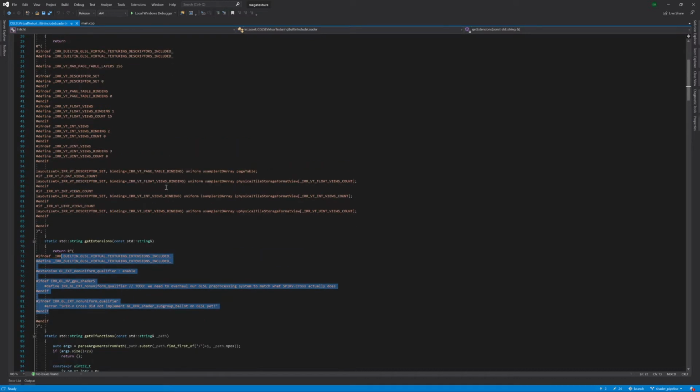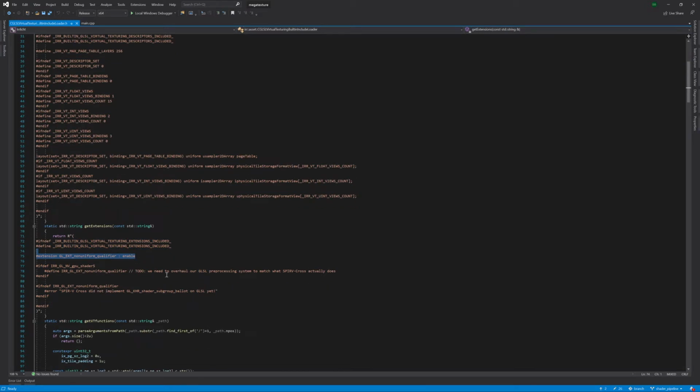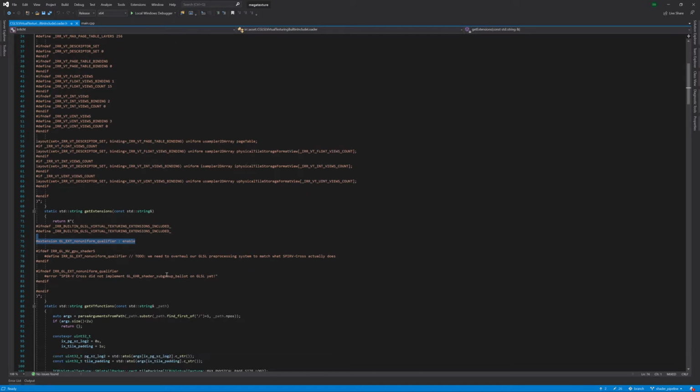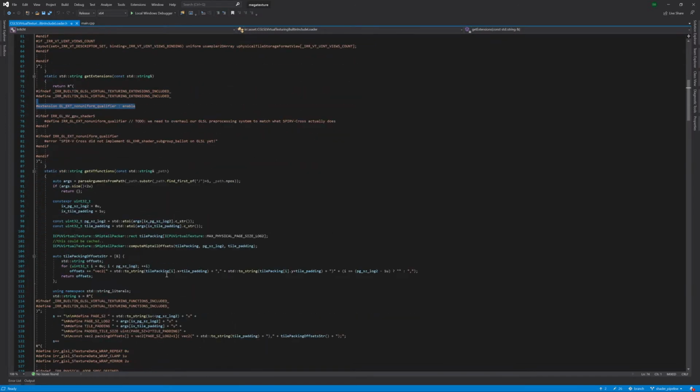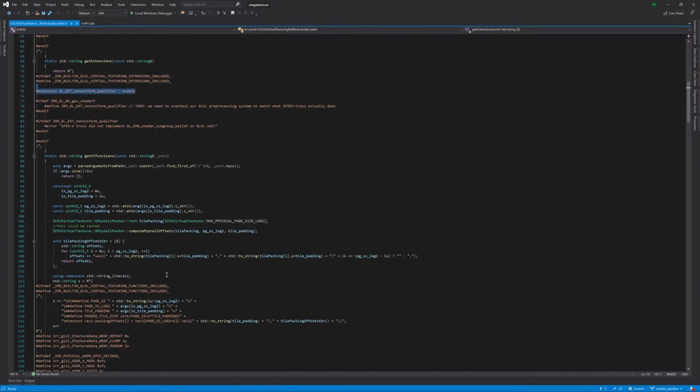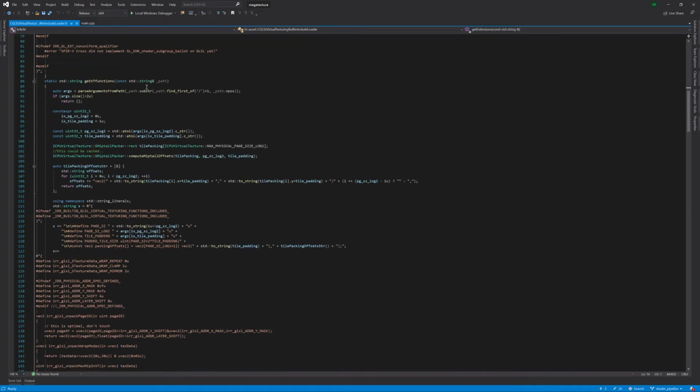But for you, it shouldn't be a problem. Everything you need to do is just enable this GLX non-uniform qualifier. But the problem is, we will have to wait for another SPIR-V Cross version that's supporting this extension, so we can use it. In my case, yes. In your case, no, because you're on Vulkan. So in Vulkan, you do this non-uniform qualifier enable, and then